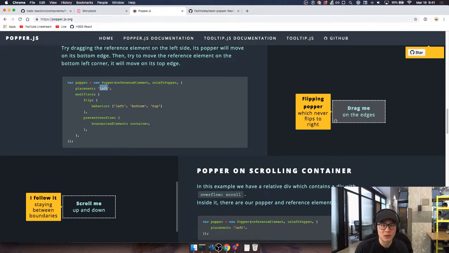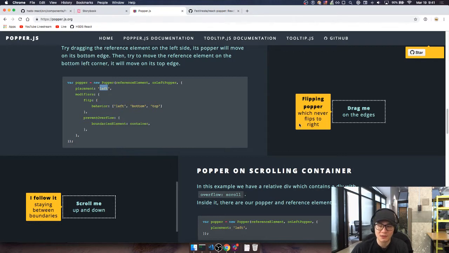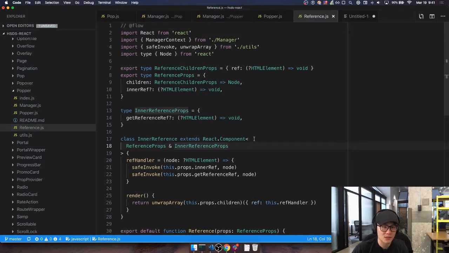So it needs to store that DOM element within state somehow to make continuous calculations. And then we have the Popper component. The popper component is this box. So we have the two main components right now. We have the reference, which is the origin, and then we have the popper, which is the actual UI that you want to render. And the manager